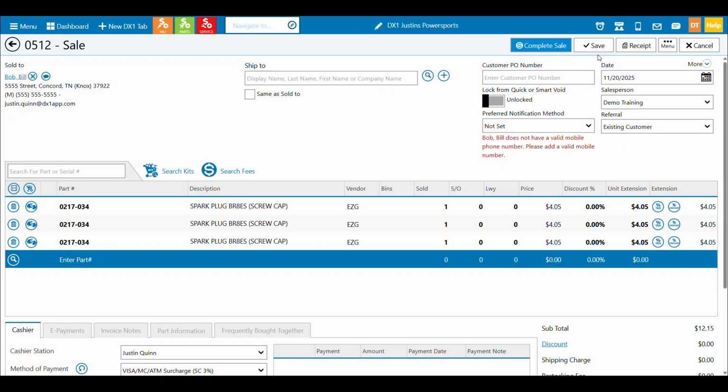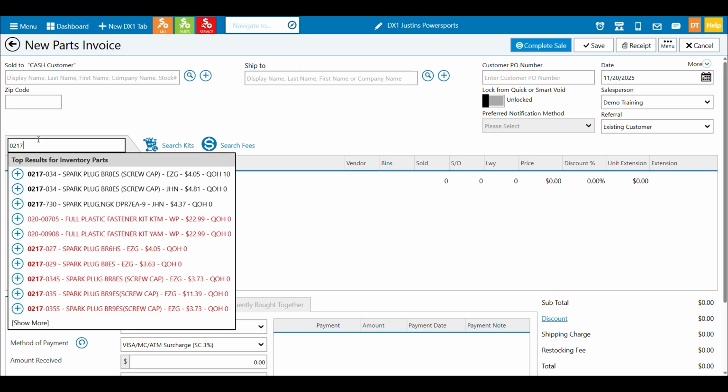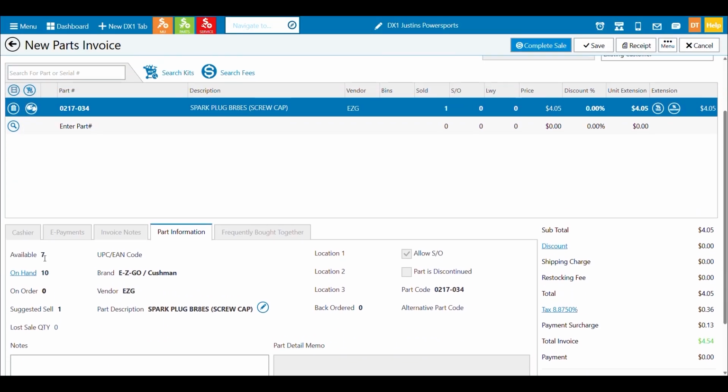And what that means is I've now allotted those parts to this customer, even though I haven't necessarily sold it to them. So when I go to create a new parts invoice and I find that same part now and I go to add it, let's make sure I got my right one here. And I go 10 on hand and I highlight it, it's now going to say I still have 10 on hand, but I only have 7 available. And that's because I've set 3 aside. And that could happen. Maybe you did it for layaway. You could have had 10 of these that are on hand, but 2 of them are for special orders. So it'd say that you have 10 on hand, 8 available.